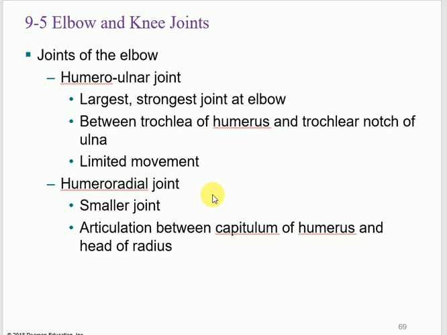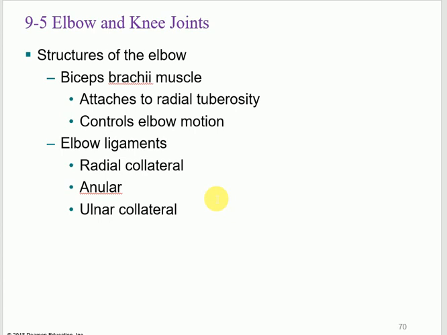Trochlea with the trochlear notch. How about the other side? The capitulum with the upper surface of the head of the radius. Do you remember that circle? The top part of it. Remember, for each one of those joints, I will ask you how the joint is made. What with what? Not just humerus with ulna and radius. Not enough. Which part of the ulna? Which part of the humerus? Which part of the radius? Which part of the humerus? You will see questions like these.